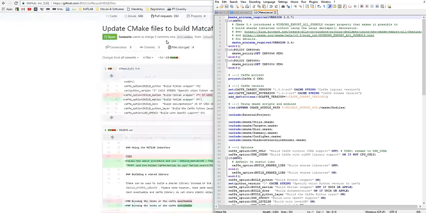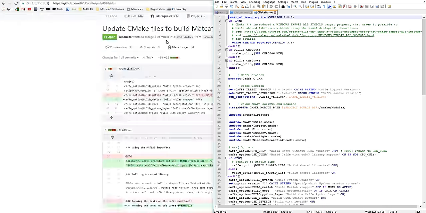And then we need to make some changes here. Not build. Okay, and